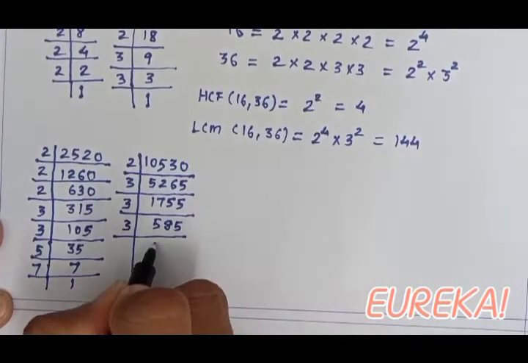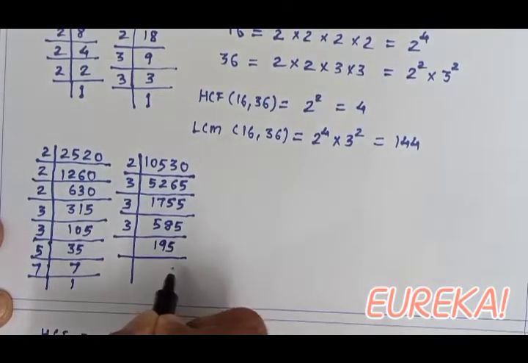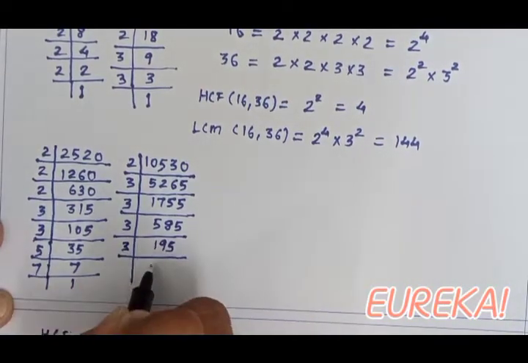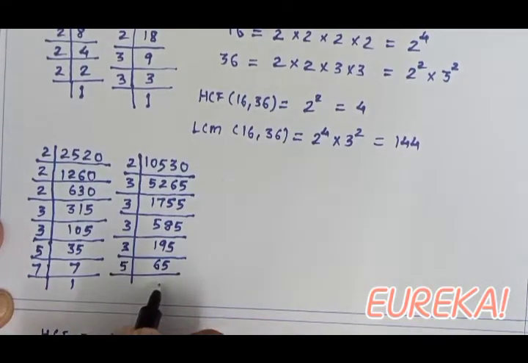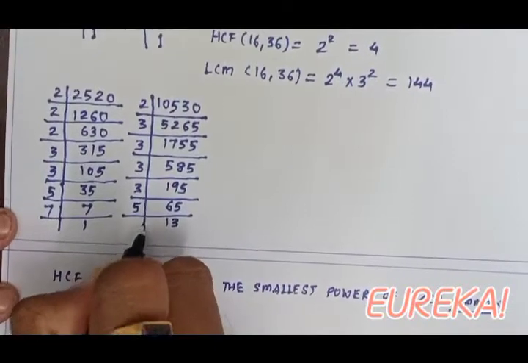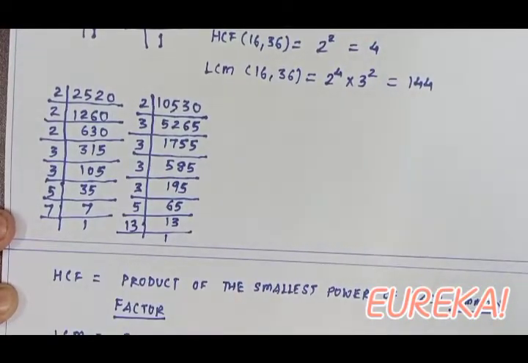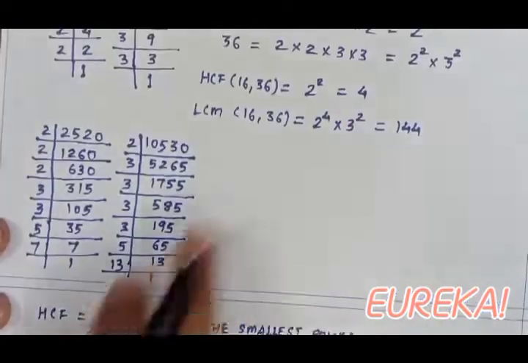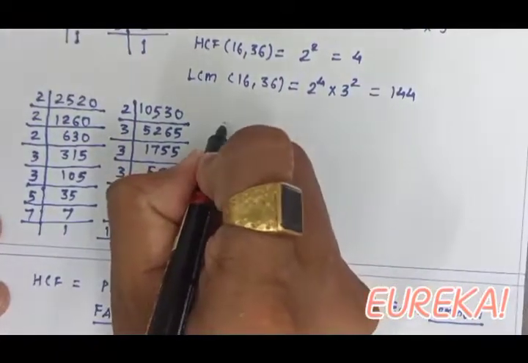585 divided by 3 comes out to 195. Again it is divisible by 3, so we get 65. 65 you know comes in the table of 5, so 5 13s are 65, and we get 13, as 13 is a prime number. Okay, now what comes next? We need to write its factorization properly. So we'll write here